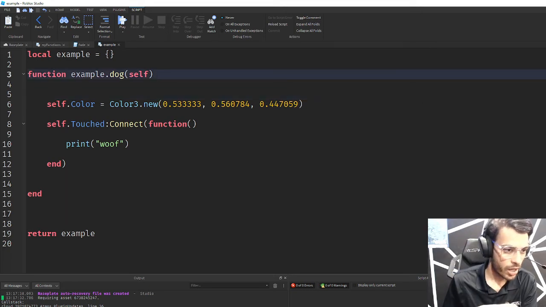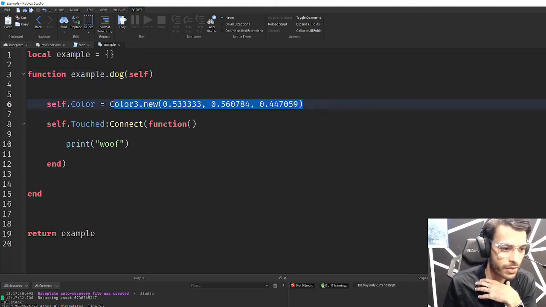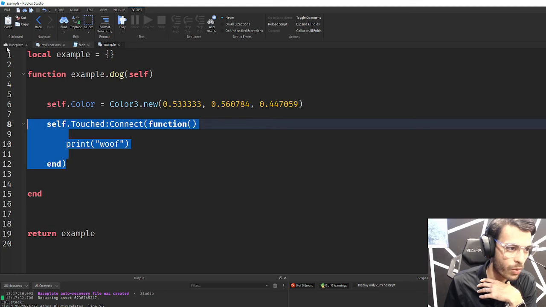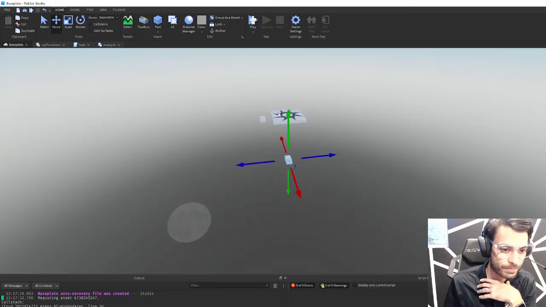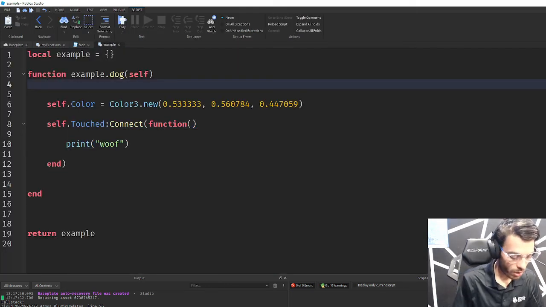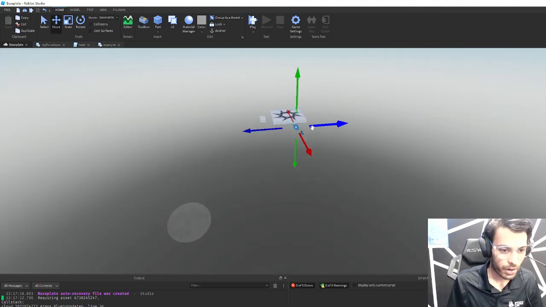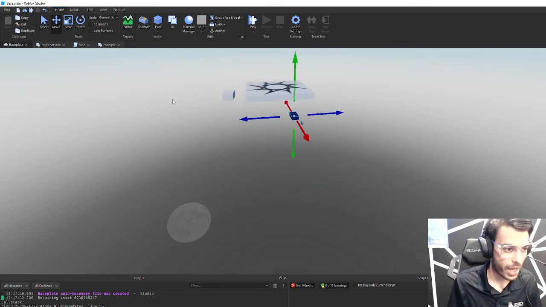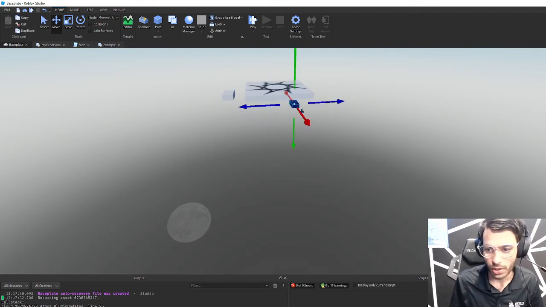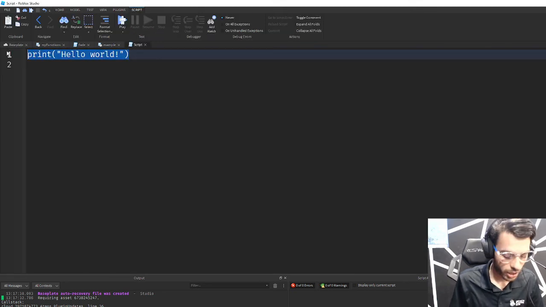So now, in the example, I have a dog class where the dog's color is this, and when it's touched, it prints woof. So let me go ahead and create a part. So here's a part, and I probably also want to anchor this part so the part does not fall. So now whatever's calling this function, self, its anchored property is going to be true. Okay, now here's my dog part right here. We can change this to blue so you guys can see that it will not be blue when I run this script. Now I'm going to create a new script under this, and we're going to call in that dog